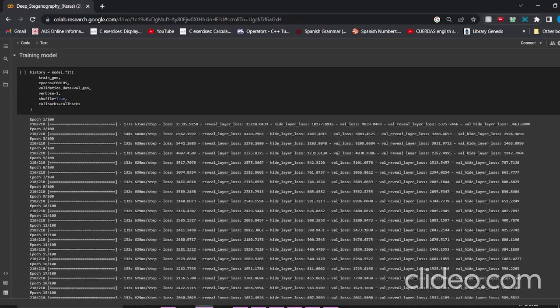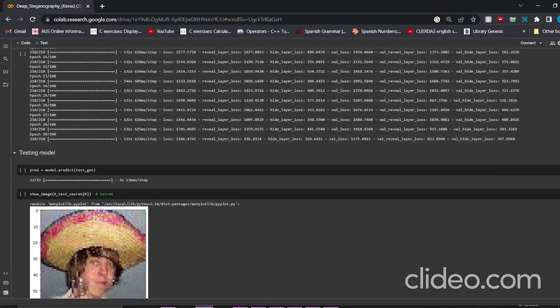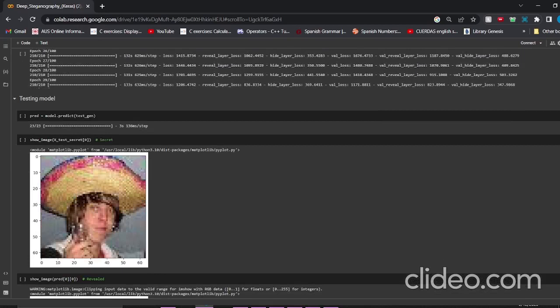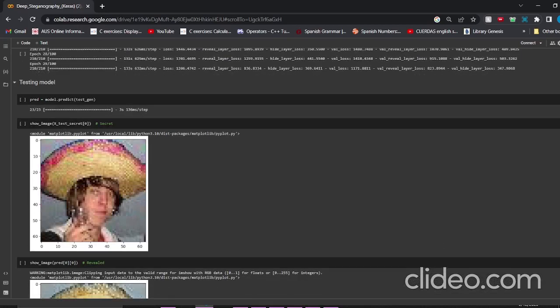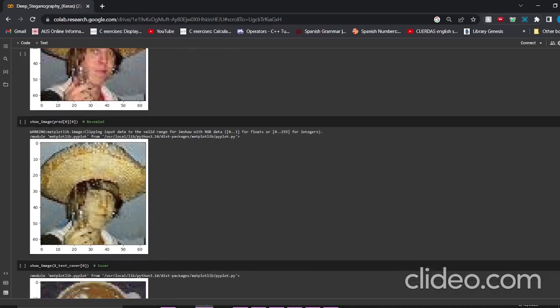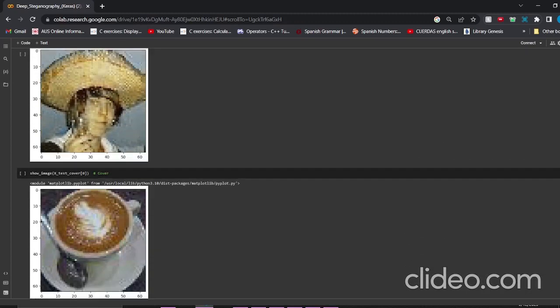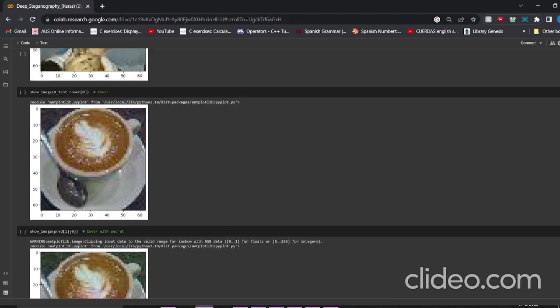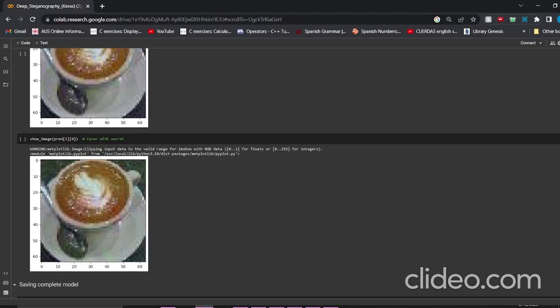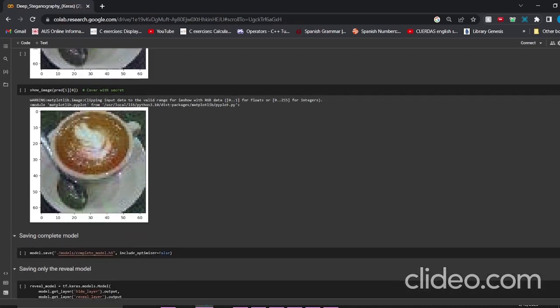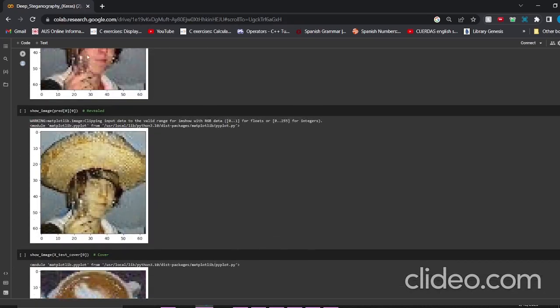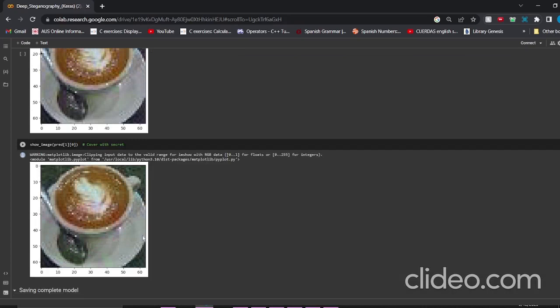This is us training the model, as you can see. And then here is us testing the model. Here we're showing the first test secret in the matrices, which is this photo. Then the first test of the revealed image. And then this is the cover image in the matrices. This is the cover with the secret in the matrices. So basically, this image is put into the cover, and then the model decodes the secret